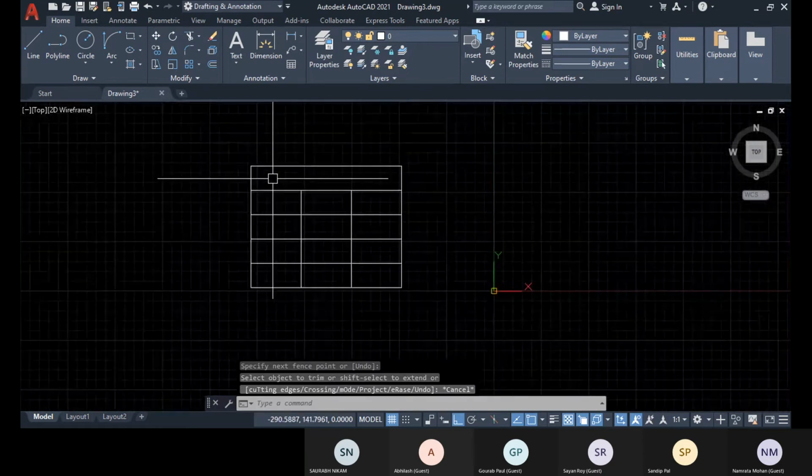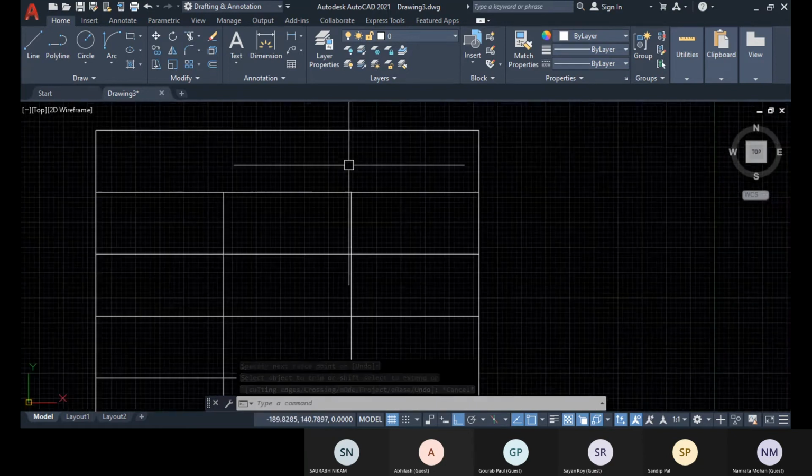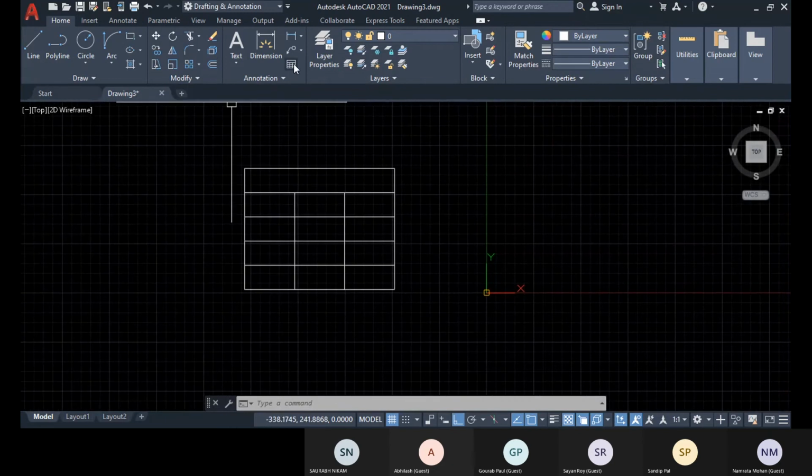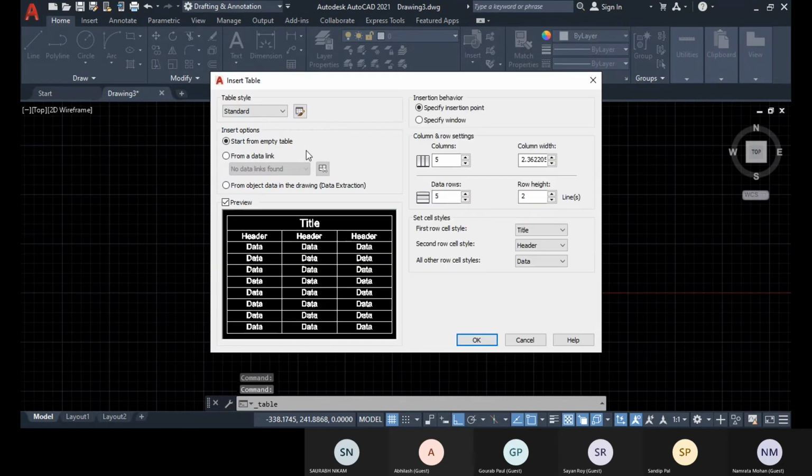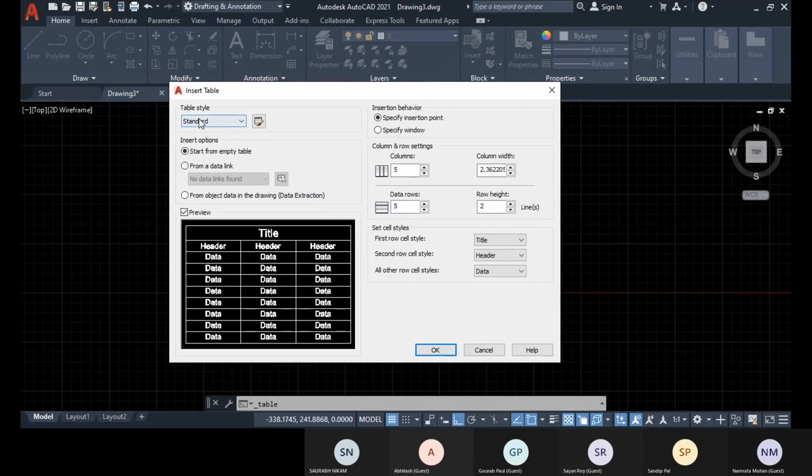So this way you can create one table like this, or else you can create tables from here as well. So how can we create a table? Go to this table option, and generally we have this standard table, and the insert option: start from empty table, or if you have any data link, you can go to this from a data link and select the data.